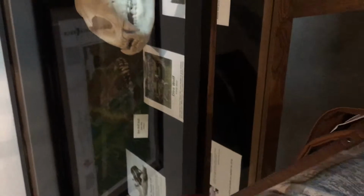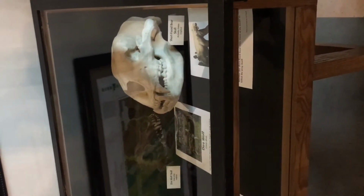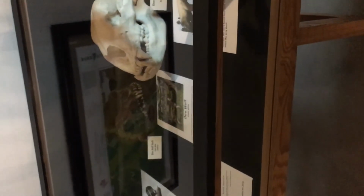Are these just corresponding areas? No, so these are actually all copies, just to give you an idea about that kind of animal. Now, over here on this side of the room,